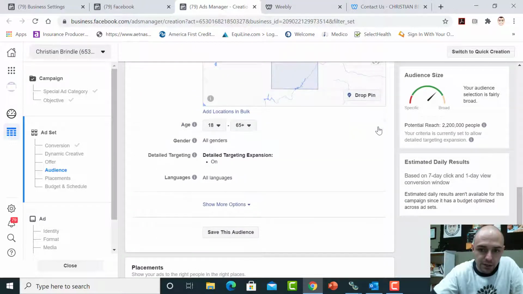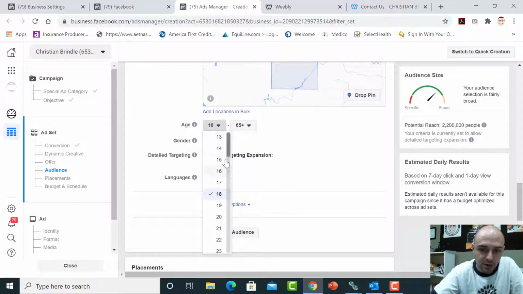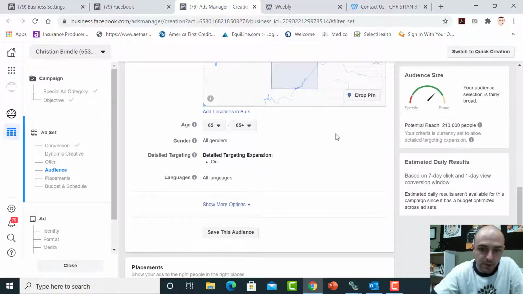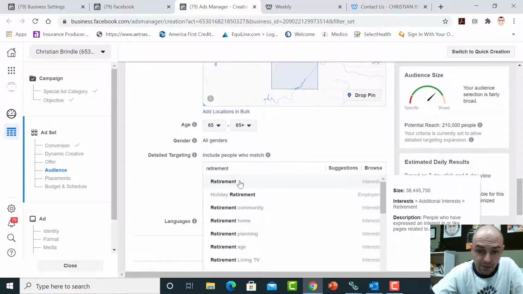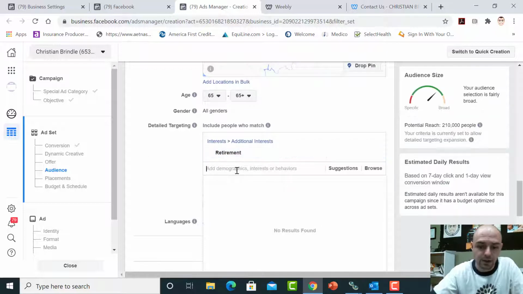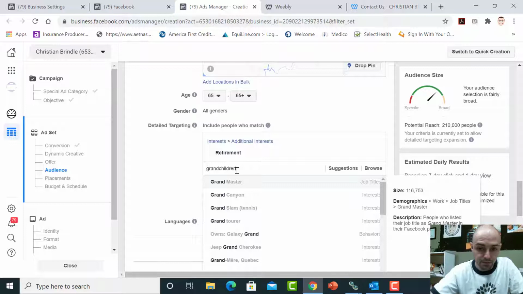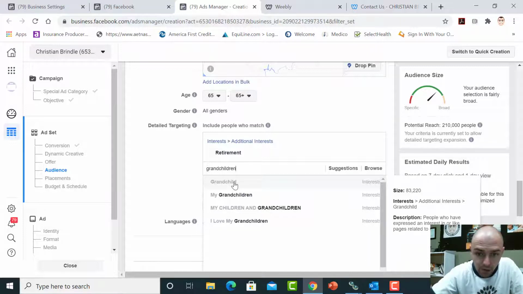Now, let's change the age demographic. Let's say I'm running this ad for AEP specifically. I'm only going to want people that are 65 and up. I'm not going to specify on gender. I don't really care about that. Now let's say I want to do some detailed targeting. Let's say I want people that have interest in retirement, or grandchildren, right? Or,